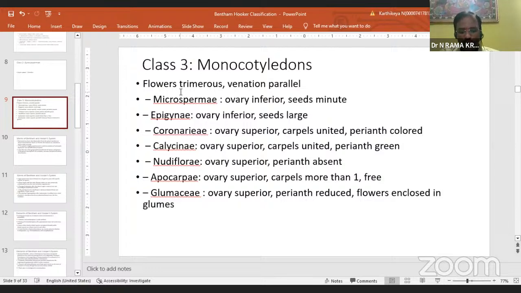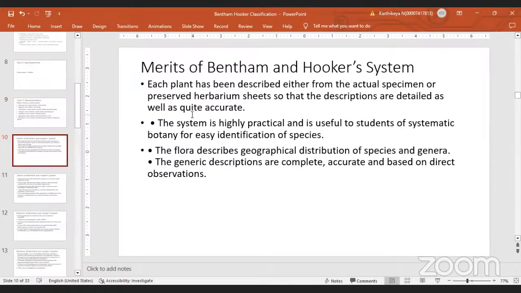In these monocotyledons, you see from microspermate to glumacy. Here there are some series, there are no orders directly. Here it is of series, from glumacy to glumacy. The last one is the VAC family. So this is of monocots. Okay now? Yes, so now you see here